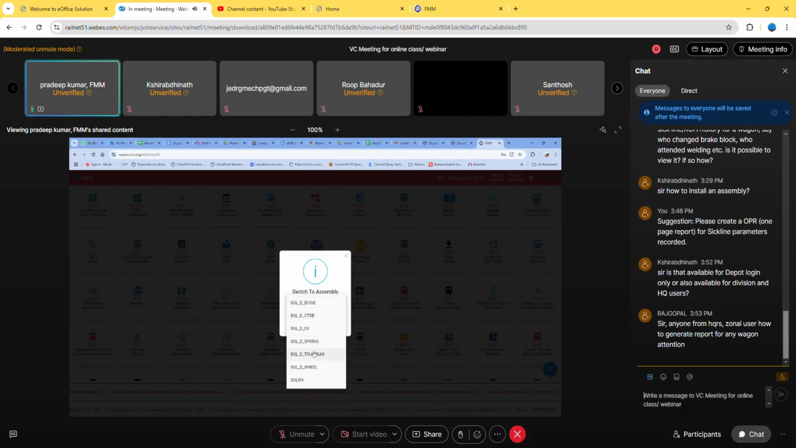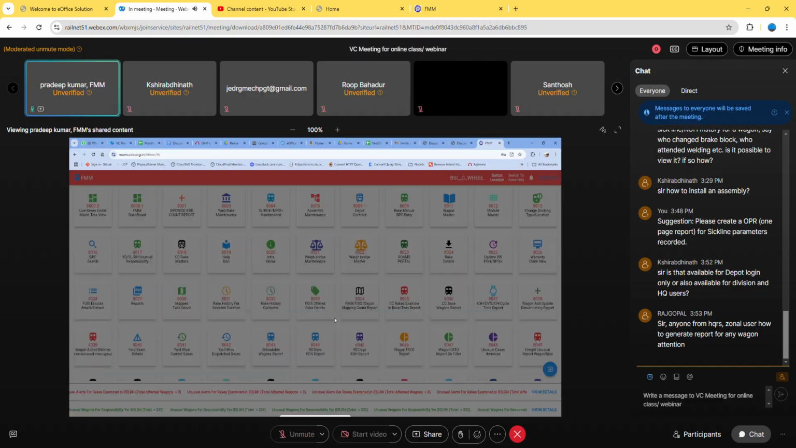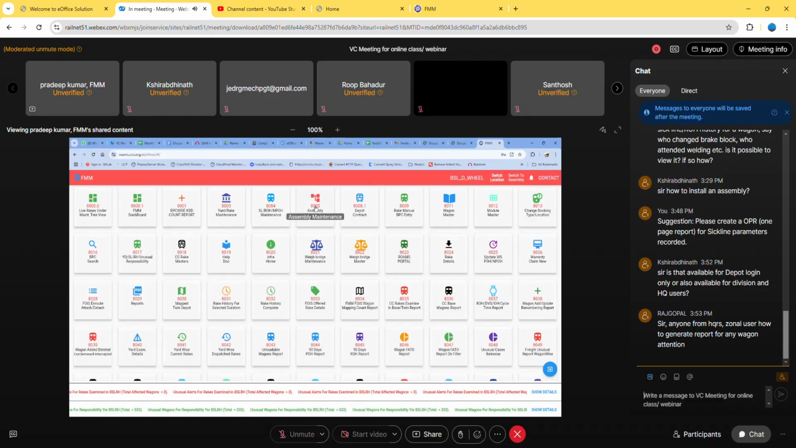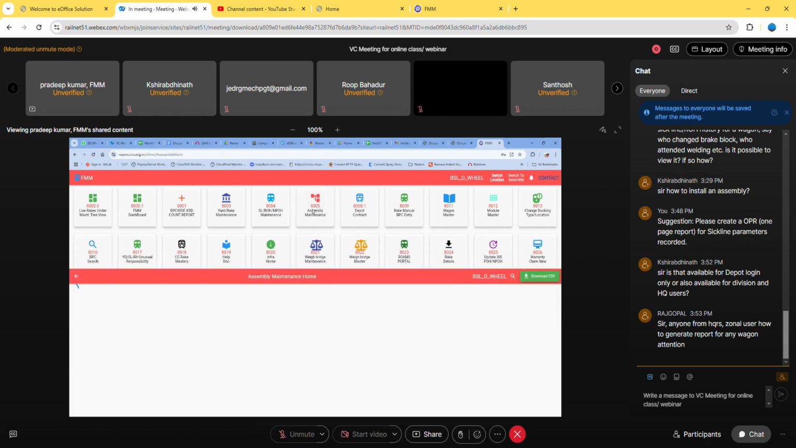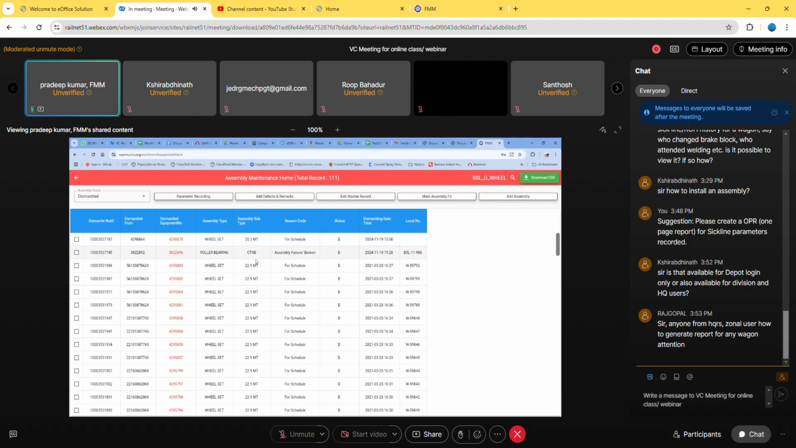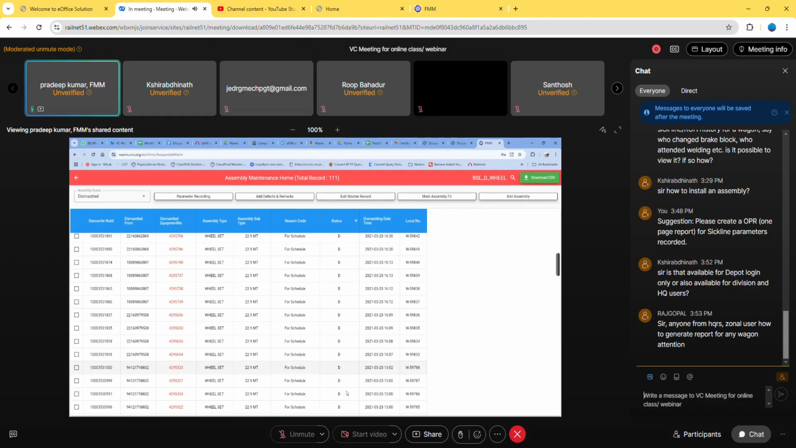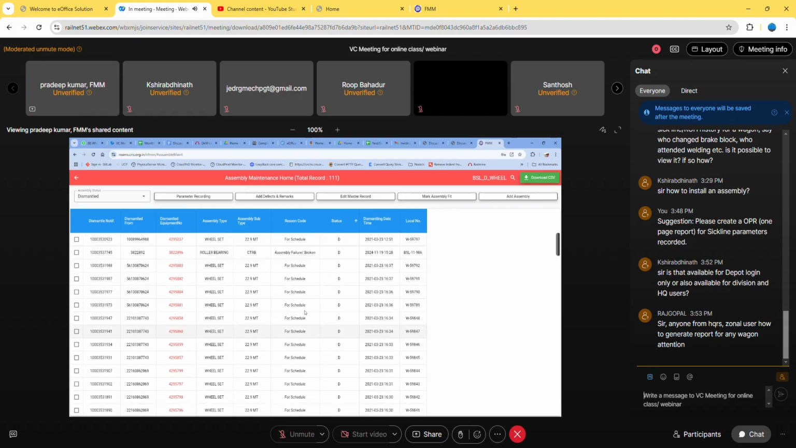If I am now going to the wheel section, now moving to the 8005, that is the assembly maintenance. So this is the screen or the landing screen where I am getting the list of the assemblies that are either dismantled from the wagon or its parent assembly, and further in different stages. The stage represented, it is a dismantle stage, and